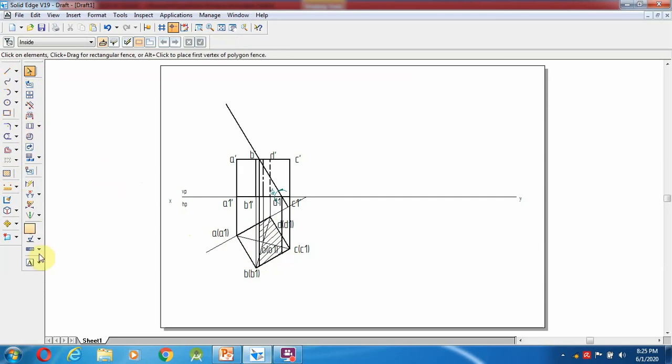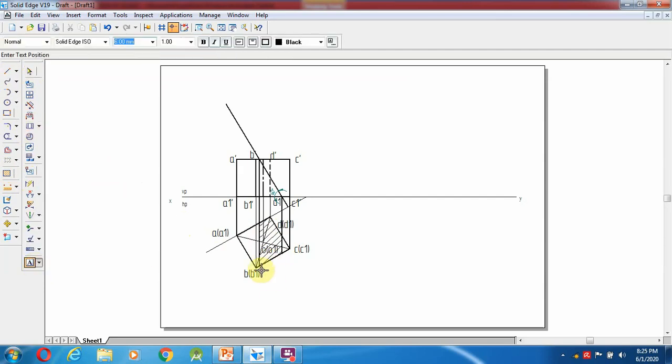So go for here, text command, this is the 1, this one will be the 2, on this side 3, and here see the position it will be changing over here. So this corner also you have to give the name 4. And here this is 1, that will be the 5.